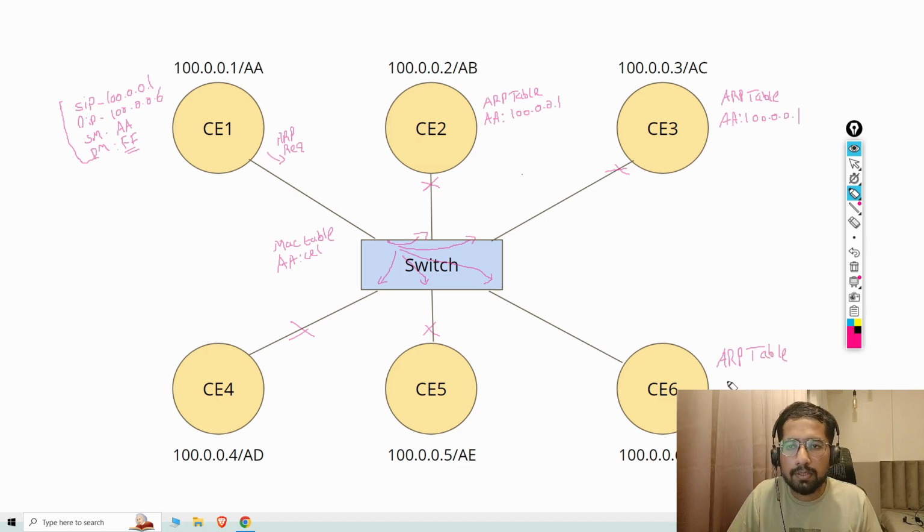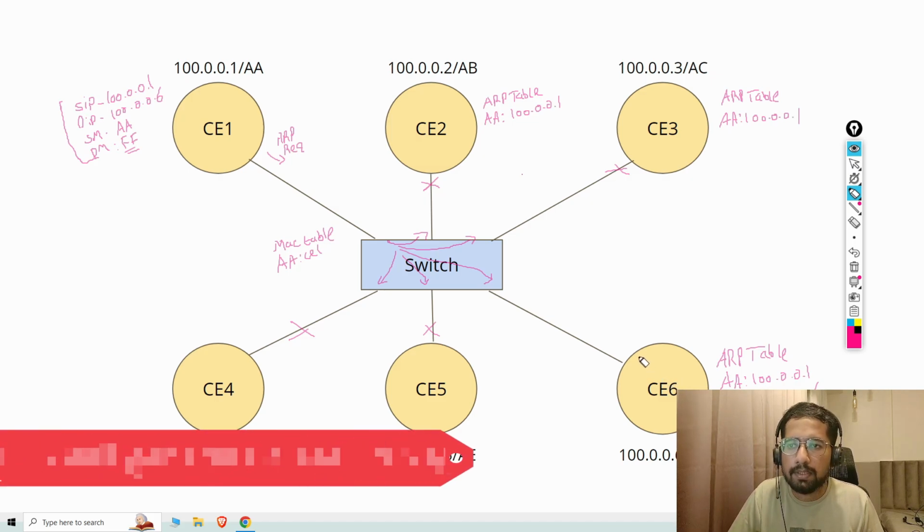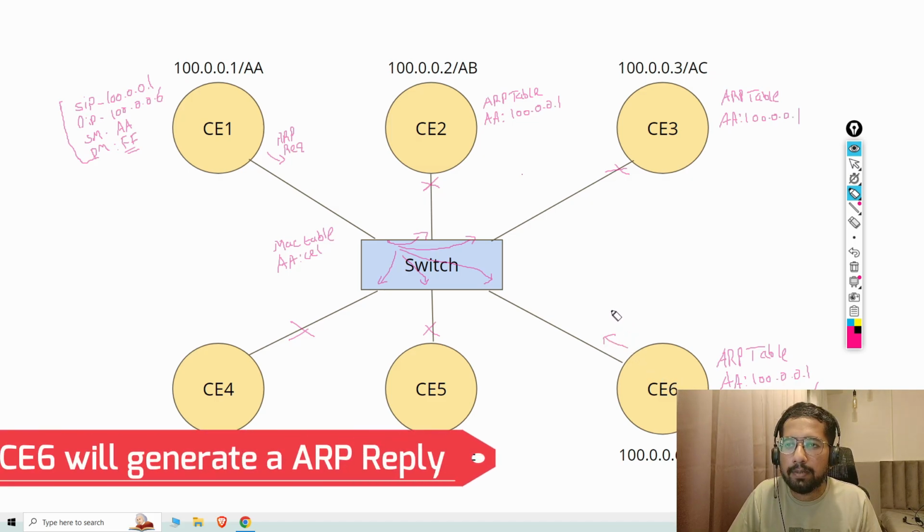First, it will store the information. Okay, and when it opens the layer 3 headers, it will see that it is for me. So I'll have to generate an ARP reply and provide this information to the sender. Okay, so now in this case, C1 will generate an ARP